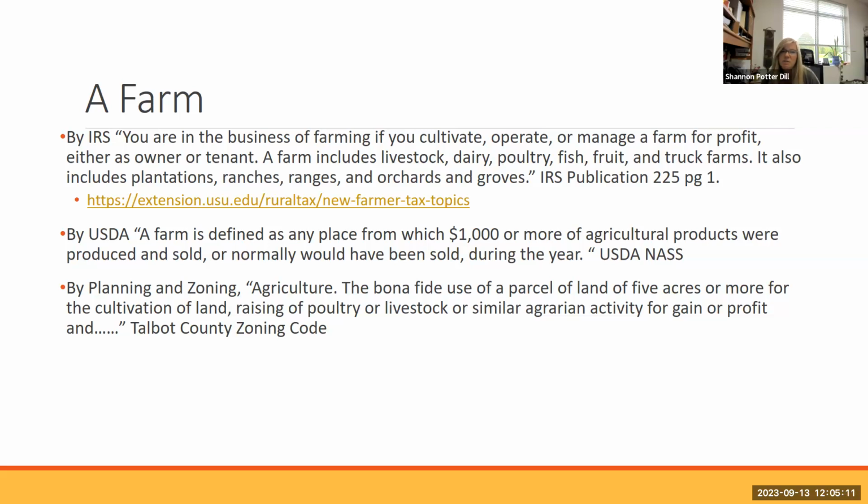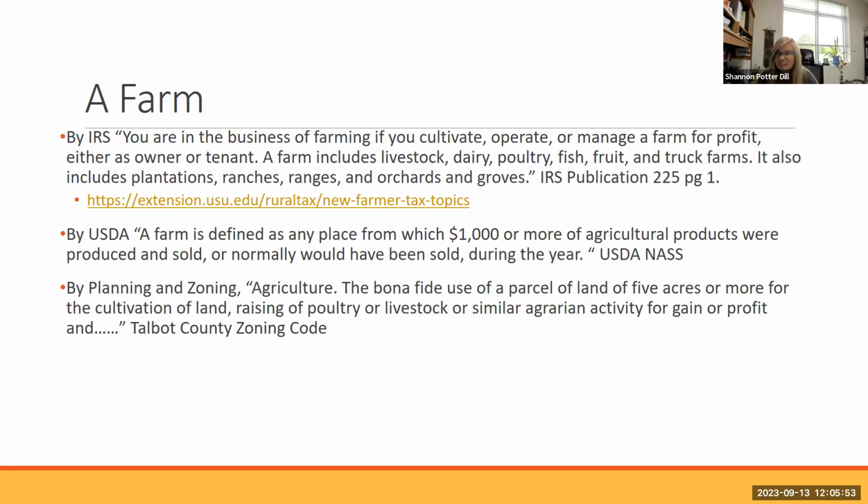Farm includes, and then there is a list of things that farms include. And again, that's listed in publication 225. In the Farmer's Tax Guide and the IRS tax information, there are a number of details into what is a farm, what is farming, and the comparison of hobby and farming. And when you do decide to make farming a business, there are some clear things that you should do to delineate it from being a hobby farm. Those are record keeping, perhaps a business plan that you've put together, showing that you're going for a profit.